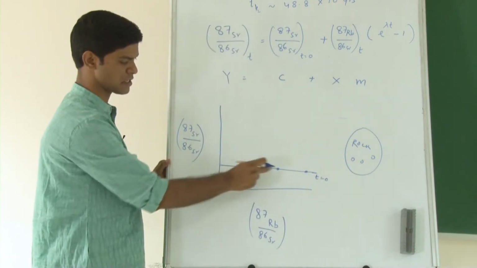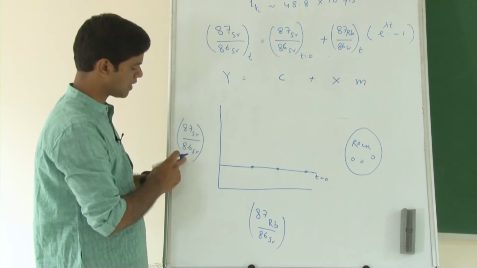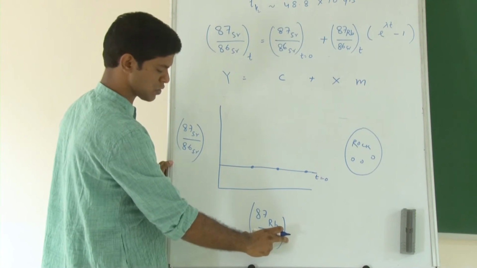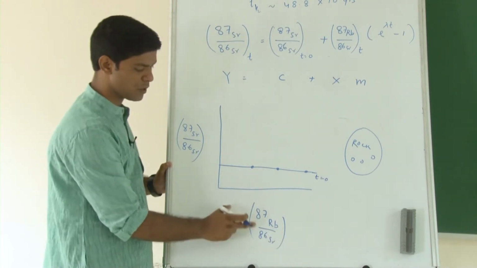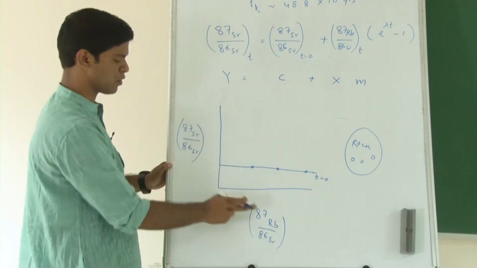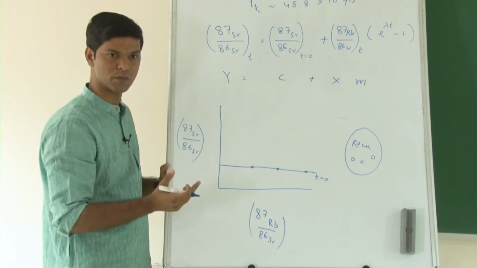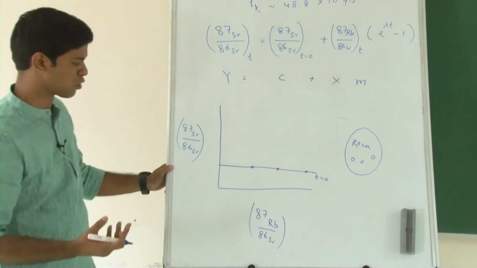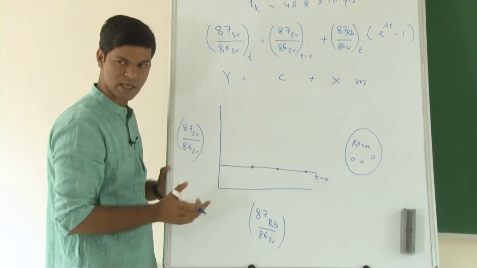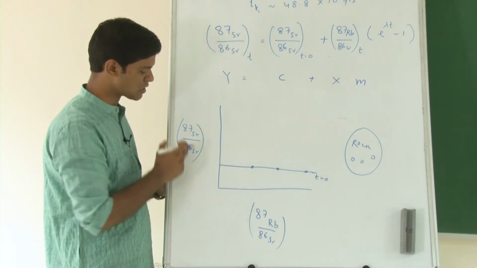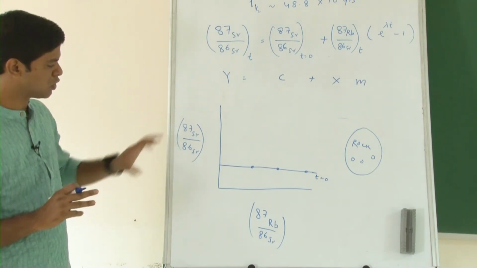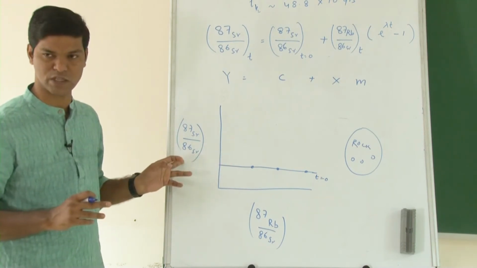At t is equal to 0, these 3 samples which are expected to have the same age have the same 87 strontium by 86 strontium, but different 87 rubidium by 86 strontium. The main reason why the rubidium by strontium ratio will be different is because they have different chemistry. Rubidium is an alkali metal and likes to go with potassium, whereas strontium is more likely to go with calcium. So, you are likely to find heterogeneity among the samples that have the same age, but because both of these strontium isotopes have the same chemistry, you may get samples which have the same initial isotopic ratio.